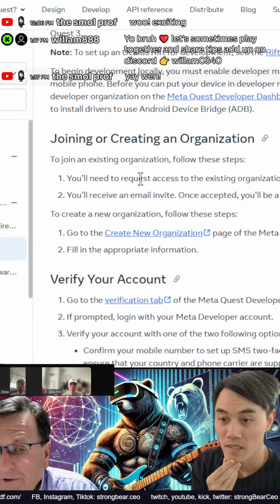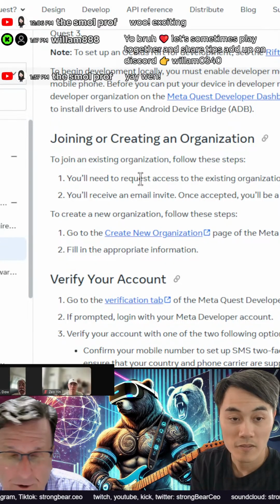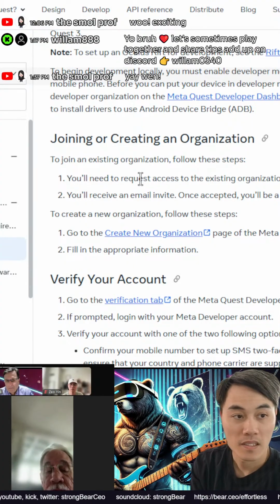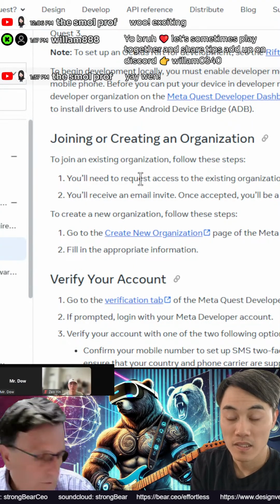If you already have an organization, you might be able to turn developer mode on your phone already. So you might try to do that.